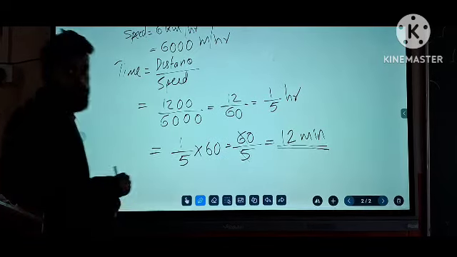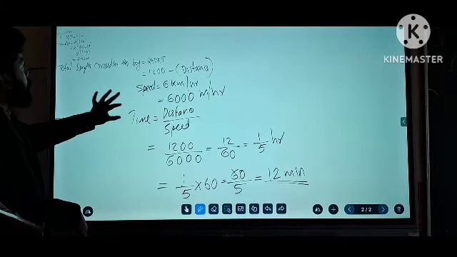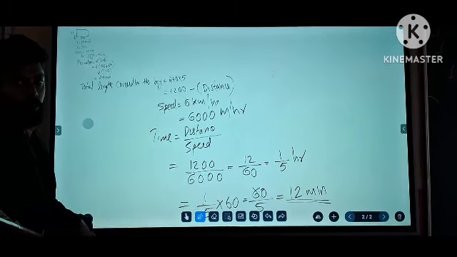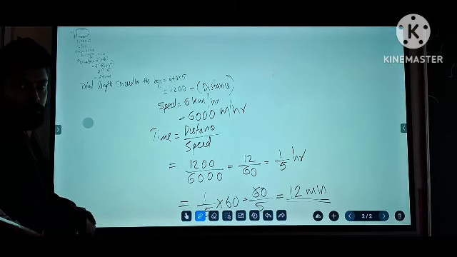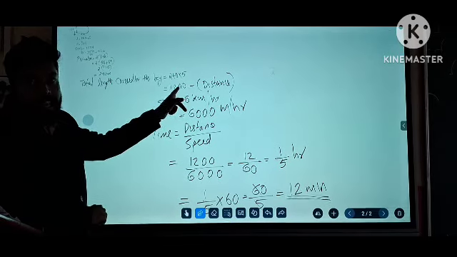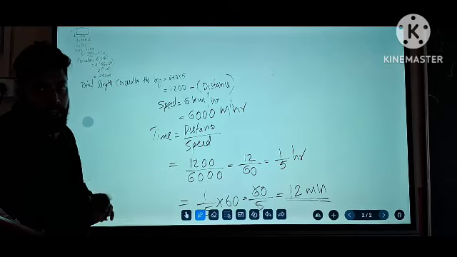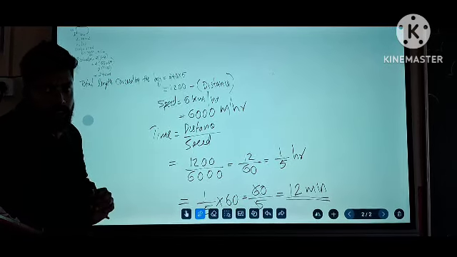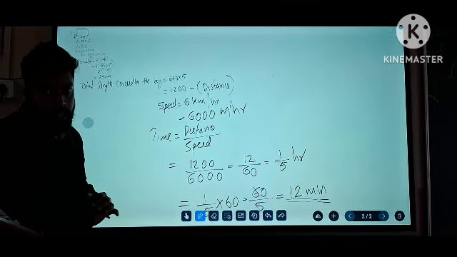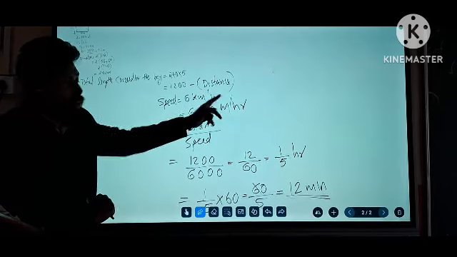So what we did here, we found the perimeter of the rectangular region, and the boy is covering 5 times. That's why 5 into that perimeter. So we get the total length covered by the boy, and it is given that the speed of the boy is 6 km per hour. So we want to convert that into meter, because our distance is in meter. So we convert the 6 km per hour speed as 6000 meter per hour.